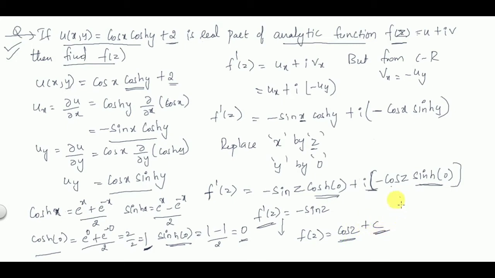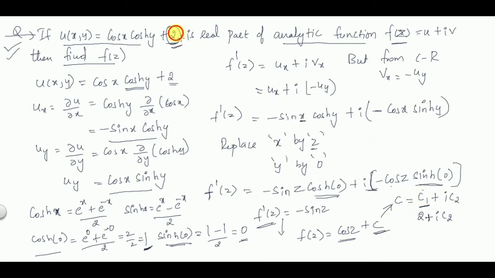Okay, so what is this c? c is a complex constant, which is given by c1 plus ic2. So c1 is the real part. The real part of f(z) is the same as the given u of x, so that means c1 is 2 only. The real part is given for you, so you substitute in the real part, and the imaginary part is unknown, so you take the unknown value, ic2 only. Okay, so that is the constant. That is how you have to take the constant.